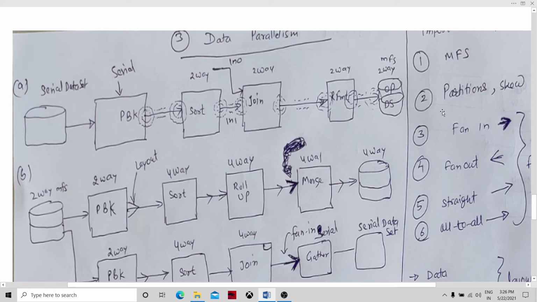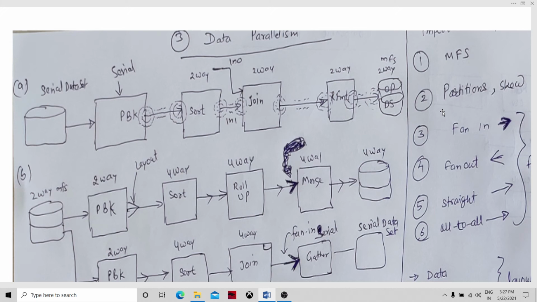So if we talk about partition by key component, it will partition based on a particular key. It will have a hash algorithm applied on the input data set, and based on the key it will put the data into the different partitions.